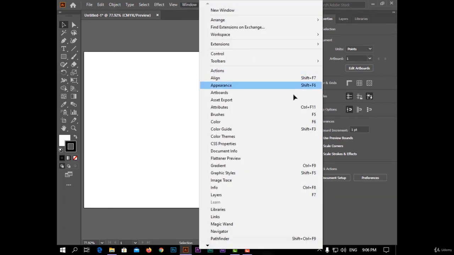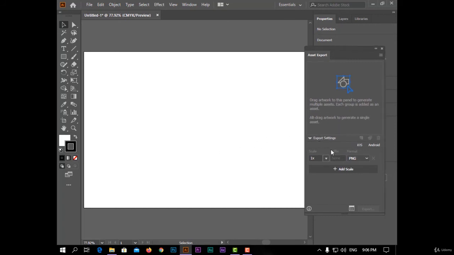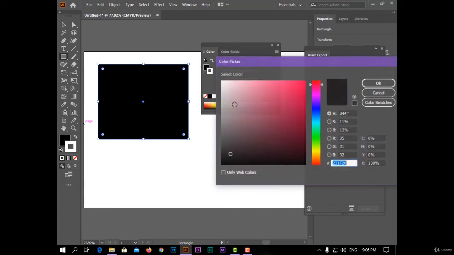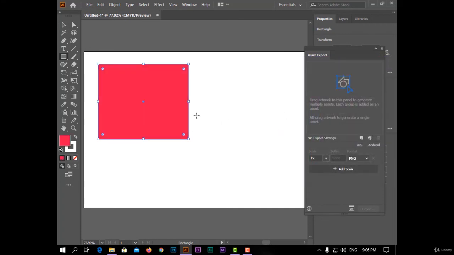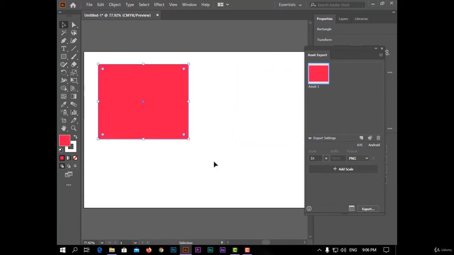The next one today is asset export. This window is used for exporting any shape or any text from your artboard by any extension like this. I can make a rectangle like this, and I can change the color, and from here I can drag it to the window, and I can now export it